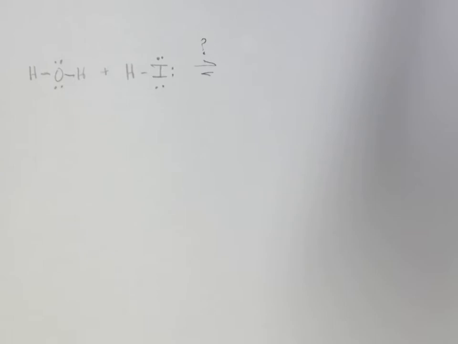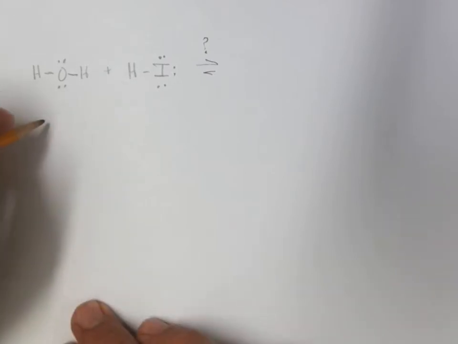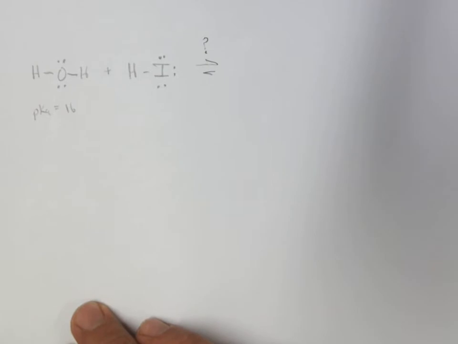So in this case, I see we have a very familiar water molecule, and that pops into my head. The pKa is about 16, so it's a moderately weak acid, and it could be an acid or a base depending on what it runs into. So you may know that water is amphoteric. The more you know about the characteristics of your reactants, the more likely you'll be able to follow the course